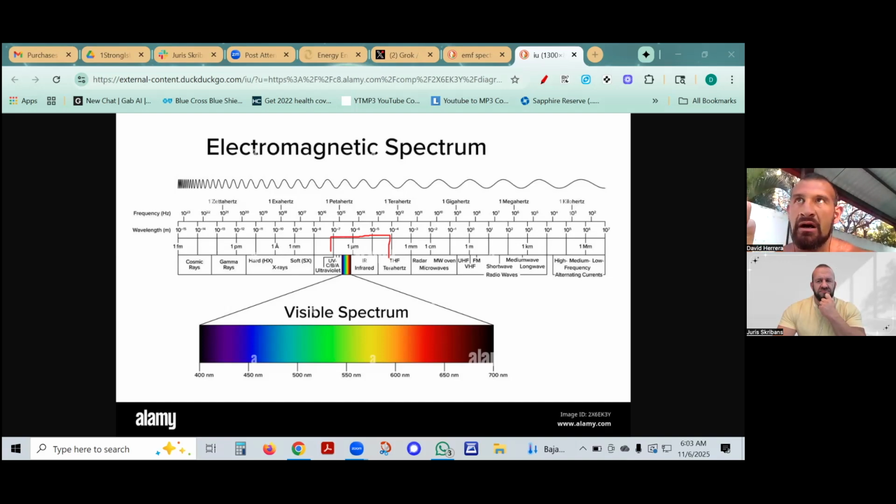The mitochondria are energy transformers, right? And we have trillions of them. They are tuned and can be amplified or degraded depending on what frequencies are interacting with them. We'll talk about the frequencies that matter the most, and it's going to be color. So when I say a color, it also means frequency. And when I say a frequency, it also means color.